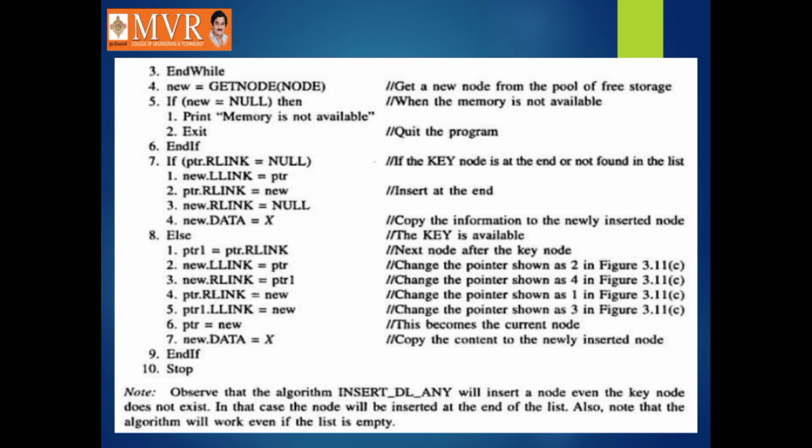This is an algorithm which explains how we can insert a new node at any position in a double linked list. It can be clearly understood by using the comments. This insertion operation is very important whether it is a single linked list or a double linked list.